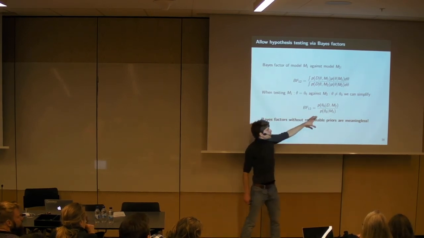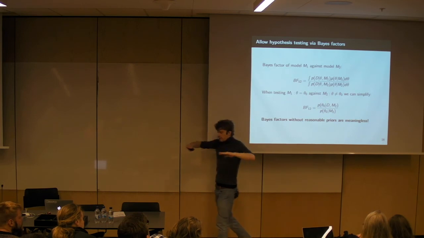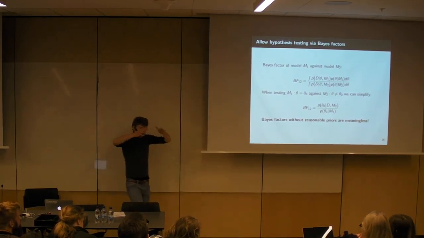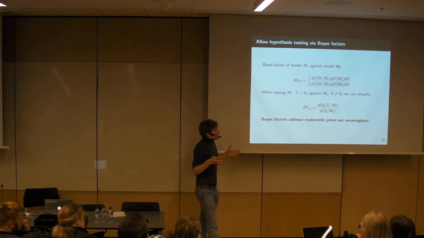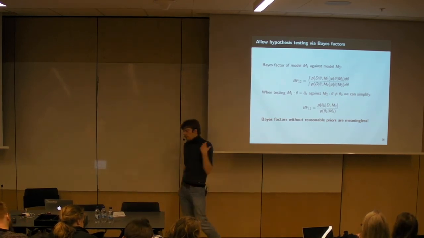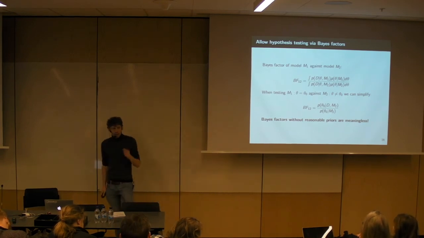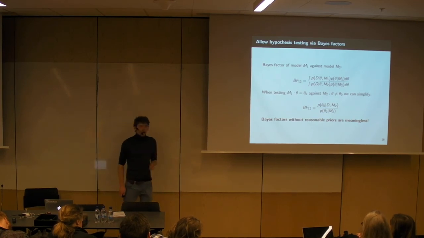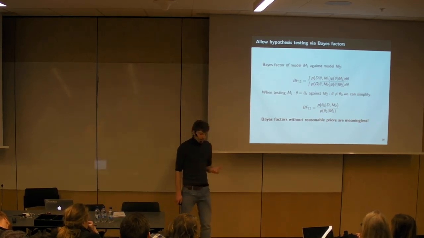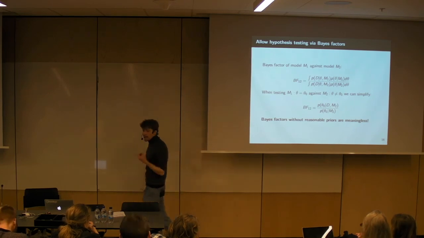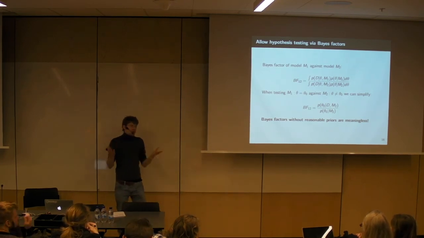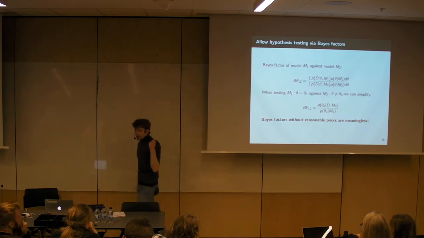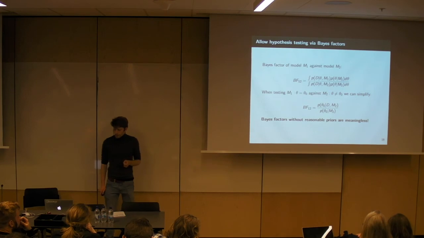So if we end up using a flatter prior, then the Bayes factor will be different than if we're using a less wide prior. And the influence will be pretty strong, and I'm showing you that in a minute. So the message I'm already giving you now is that Bayes factors without reasonable priors are meaningless. So whenever we want to compute Bayes factors, we have to think of priors. For other cases, we sometimes don't have to think. We can just use very wide priors and it works reasonably okay. For Bayes factors, it doesn't. Don't use wide priors for Bayes factors.